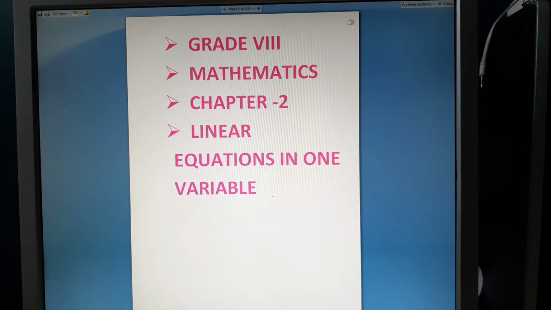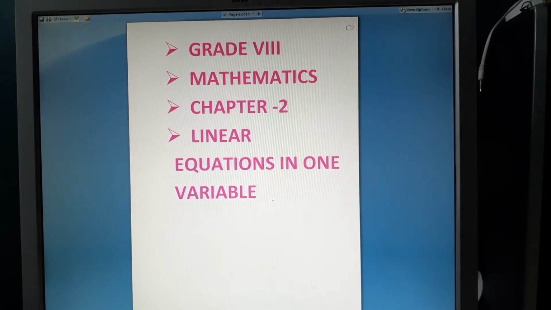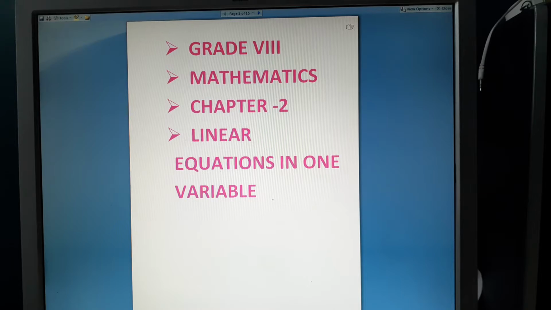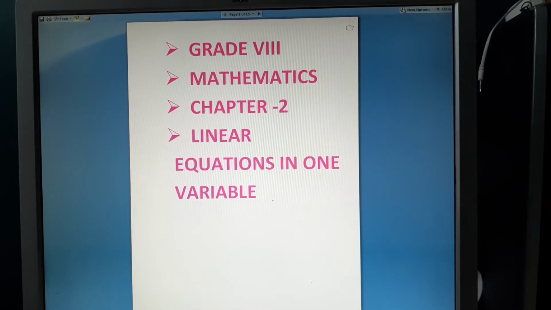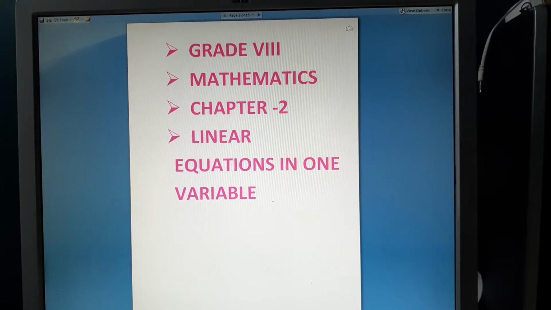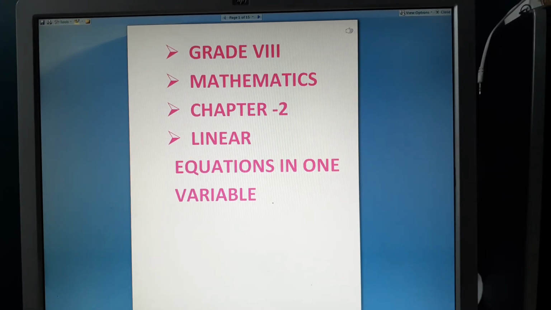Hi children. In the previous session we learnt how to solve linear equations in one variable. Just recall it. Now we have to learn how to solve statement problems, that means word problems. In exercise 2.2,